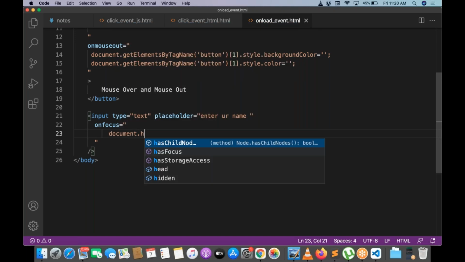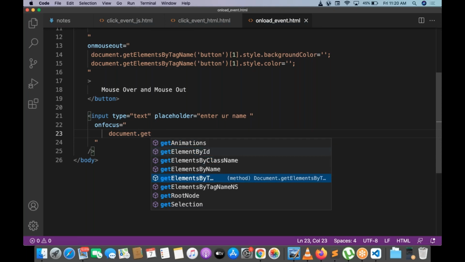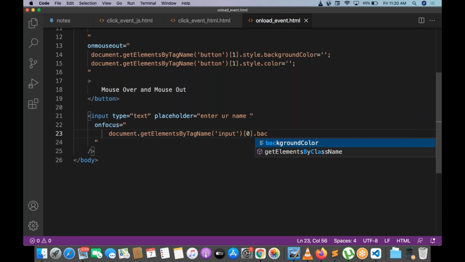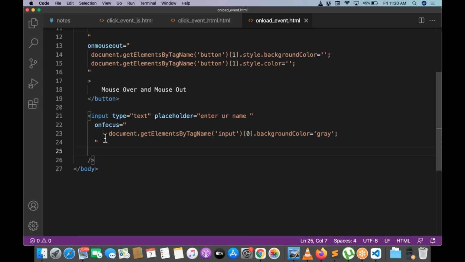Document dot getElementsByTagName. Name of the tag is input. Input of 0 dot background color. I want to change to something like light gray color or gray color. That's it. This is on focus.